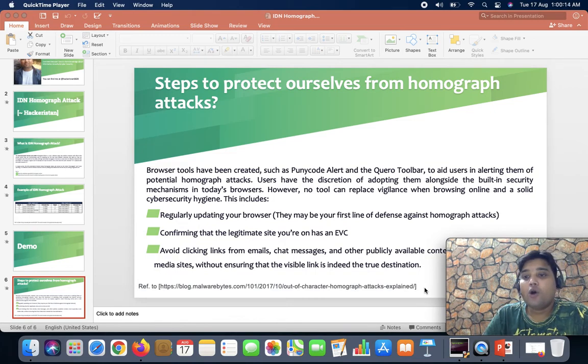Also, please always avoid clicking on an email, message, link, or site that you have no trust in, or that you think may be malicious in nature, or that you have no idea about prior to accessing those links. So please follow the best practices and ensure that you and your machine are safe and your credentials are safe, and that you are not the victim of such homograph attacks.